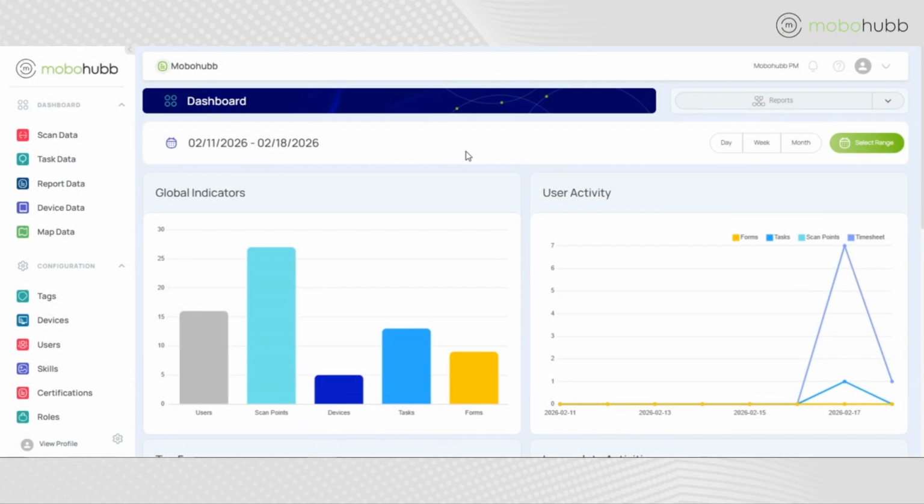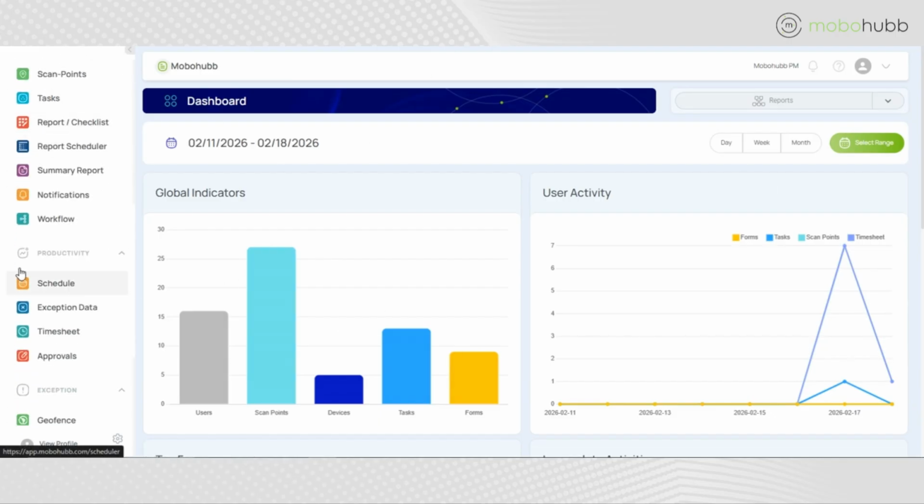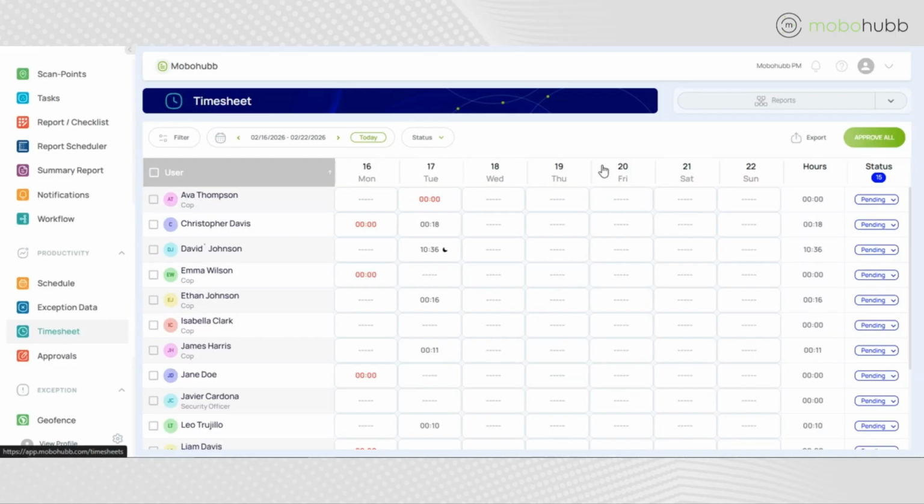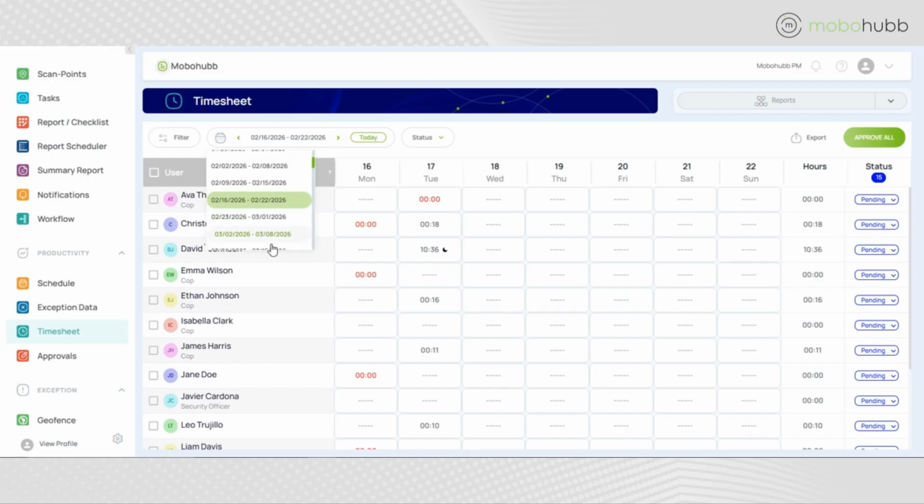To access the Timesheets component in mobohubb, first log into the web portal. From the left-hand menu, scroll down to the Productivity section and select Timesheets. Once inside, you will see the current week by default. You can navigate between weeks using the forward and backward controls, or select today to return to the current week